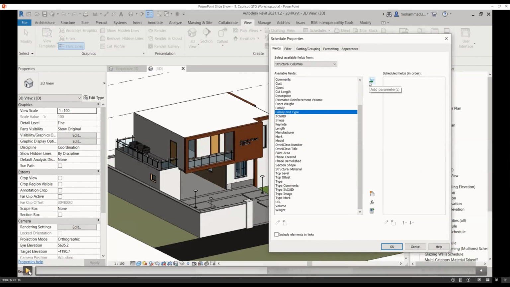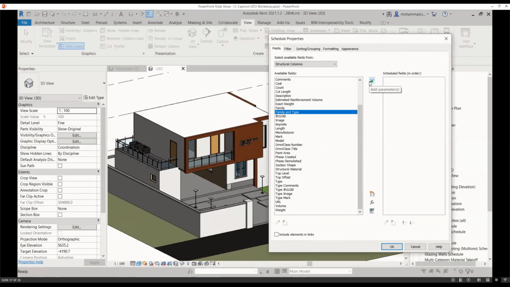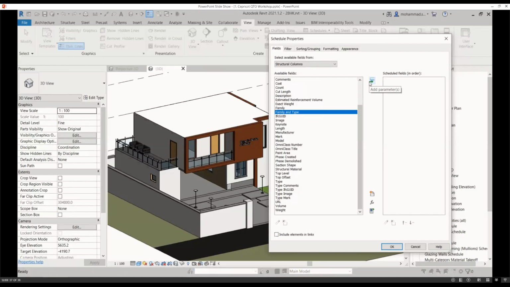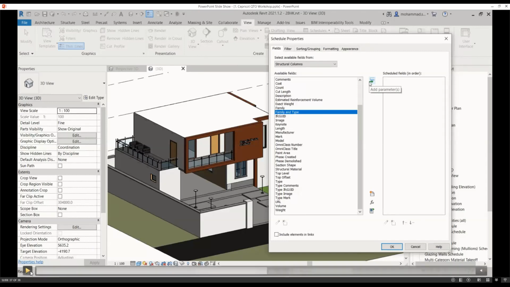So I'm holding it here to explain that in these schedule properties, I have different fields available, and these fields are actually according to the properties which we have inherited in our family. We can create families on our own, and after families are created, all those properties of families can be accumulated inside the schedule, and those are available in this field list. So we just load these field lists by adding those parameters, because we do not require all the properties.